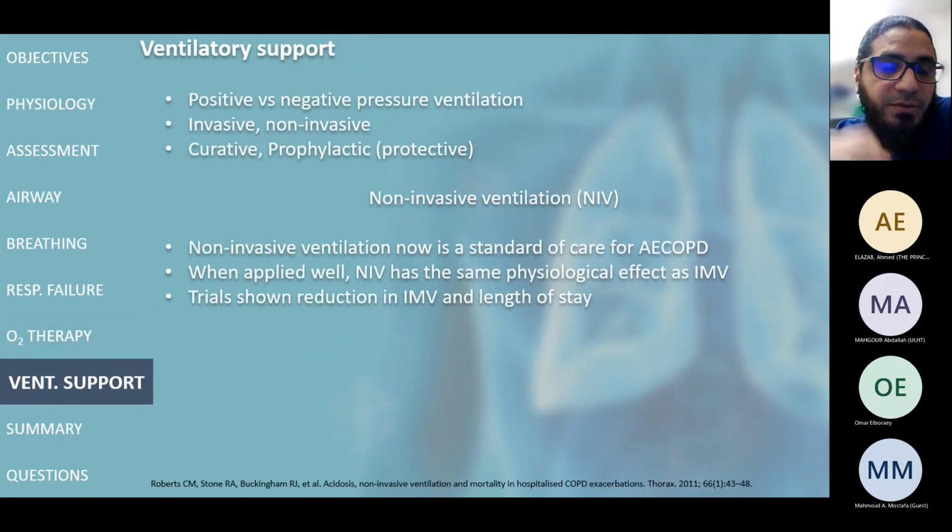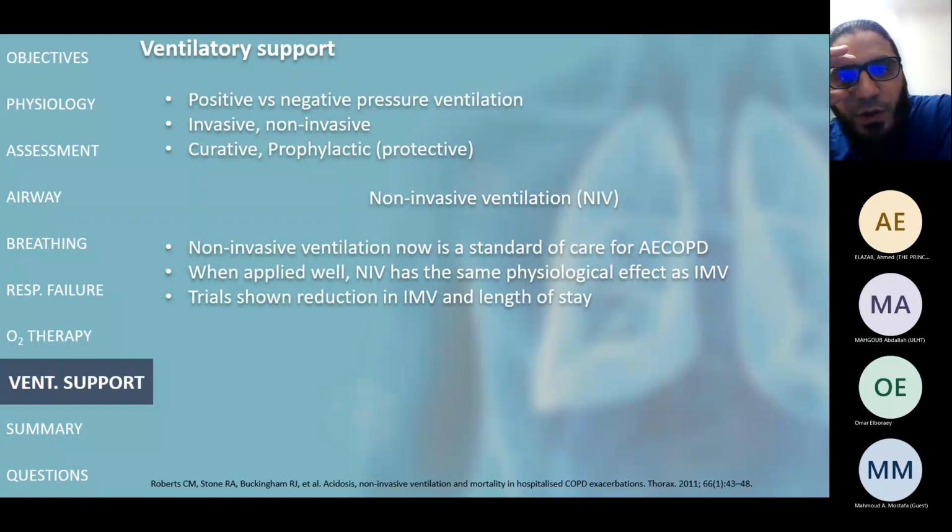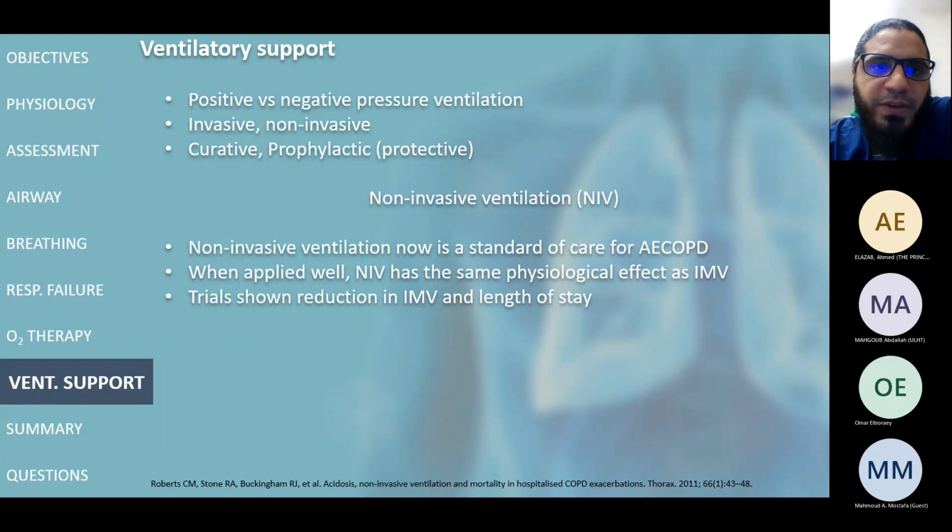The next step in the respiratory support, if you have exhausted all the means of oxygen delivery and the patient is still deteriorating, will be the time to think about ventilatory support. Ventilatory support is a very, very big and wide subject and has so many types and varieties in it. It's really out of the scope of this lecture, but I've just picked up the two most common modes that are mainly used outside the intensive care,